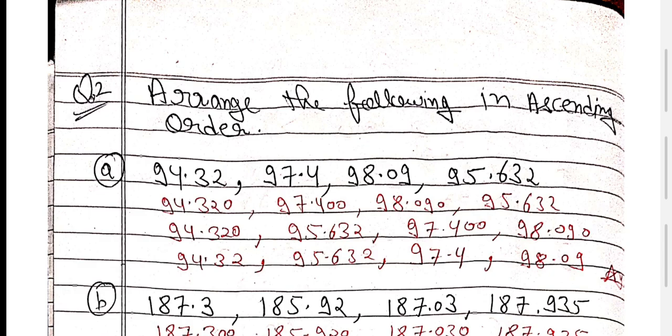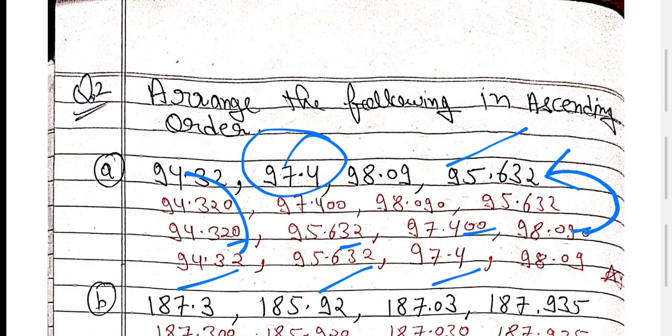Now just do the comparison. It is 94, it is 97, 98, 95. So 94 is less, so put the 94 number here. After that comes 95, so 95 here, then 97 and then 98. Okay, now after writing the numbers, you have made them like fractions, right? Now again make them the original numbers. So 9.430 is made with the help of this number, so you have to put this number here. 95 is made from this original number, so you put this original number here. 97.40 is made from this 97.4, so put it here, and 98.090 is made with the help of this number, so put it here.